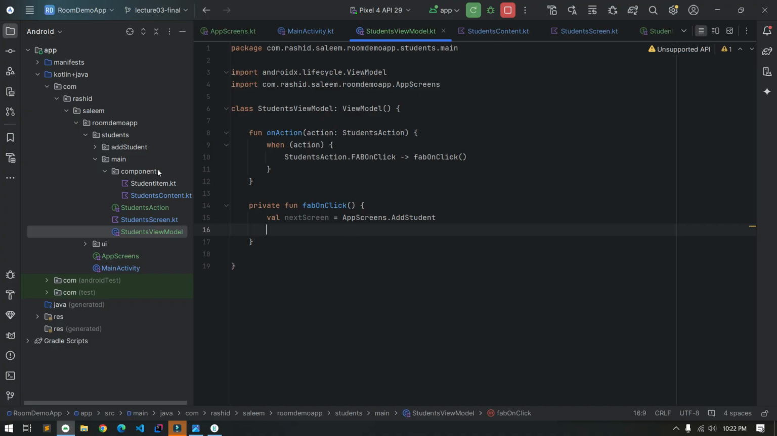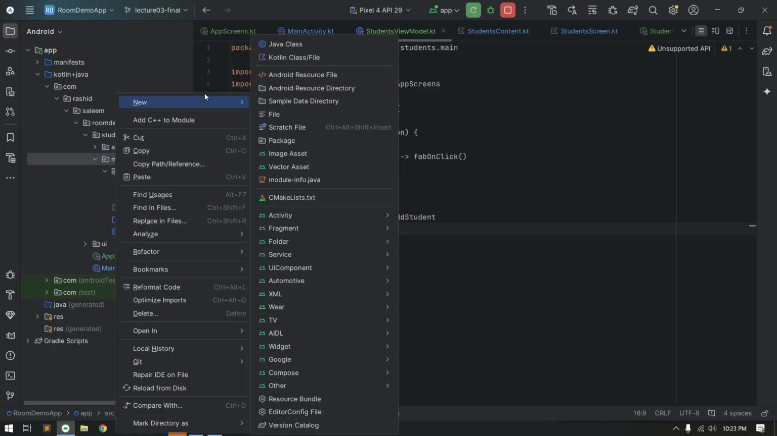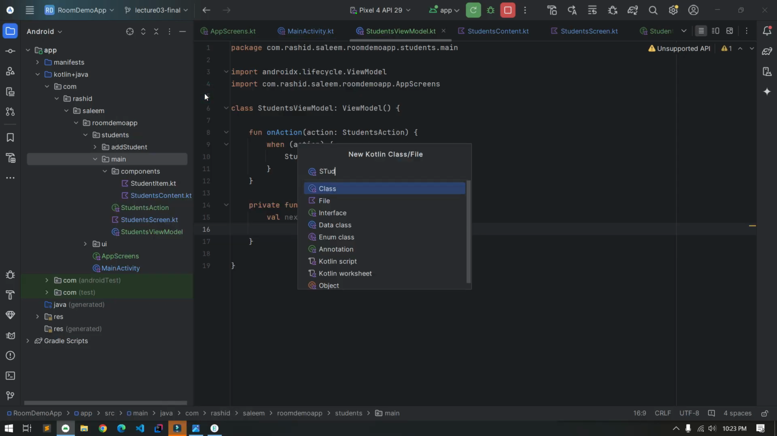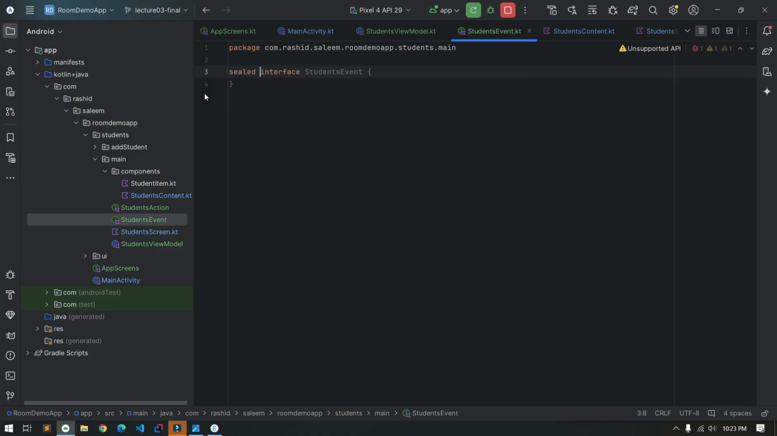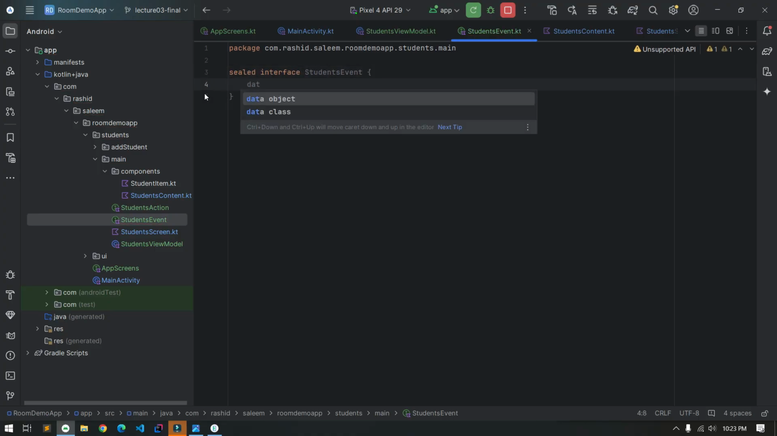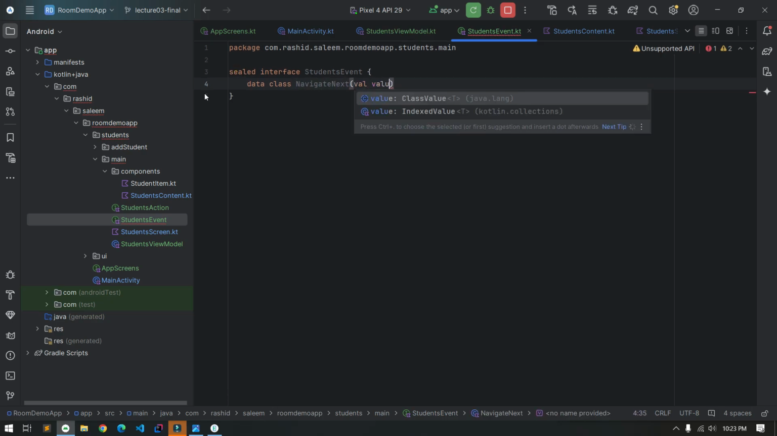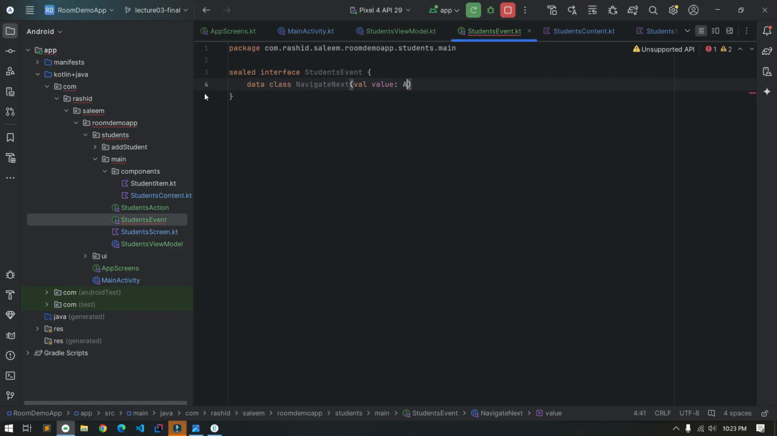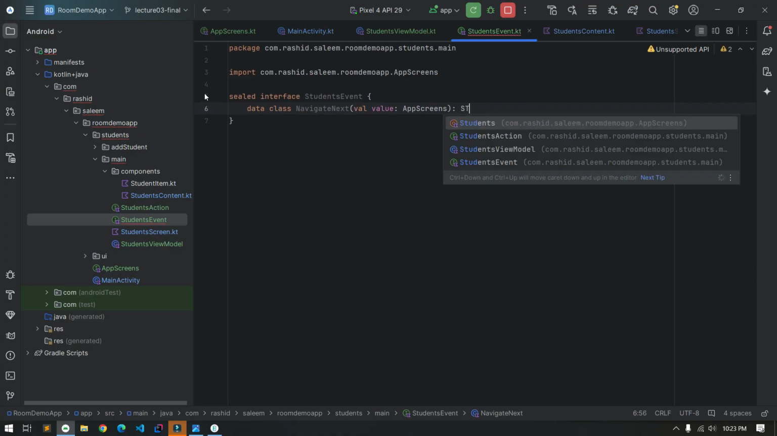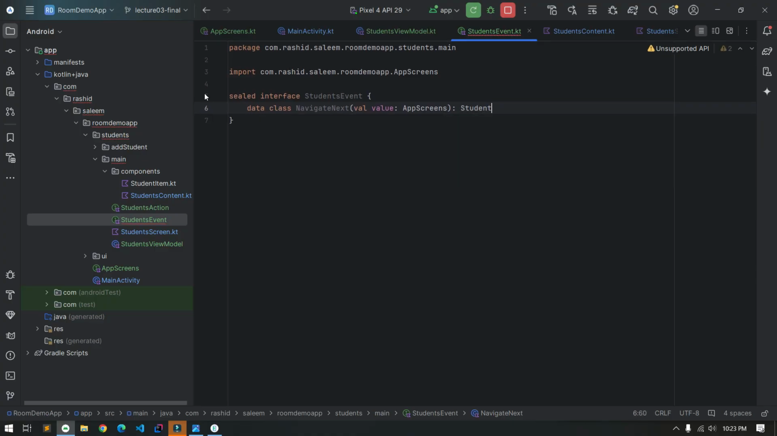So for that, we will create another file for events which are expected from the view model to the UI. This will be a sealed interface, and in that we will define a data class and name it NavigateNext, and the value would be AppScreens, StudentsEvent,